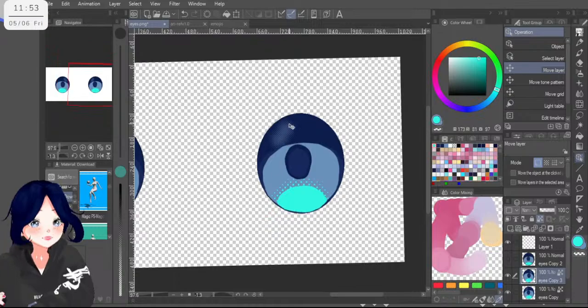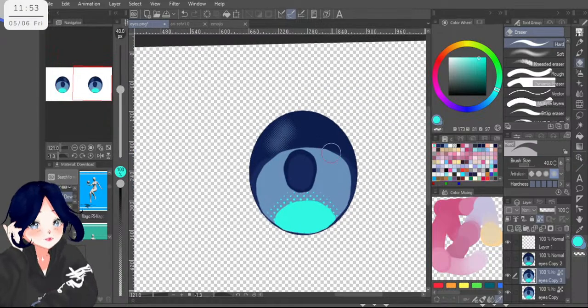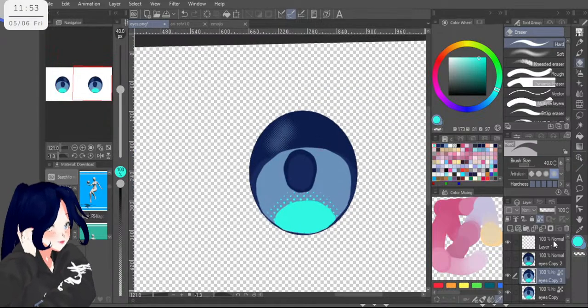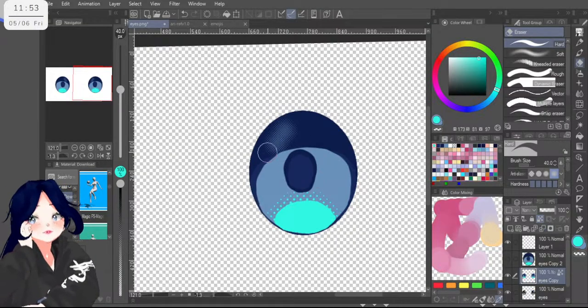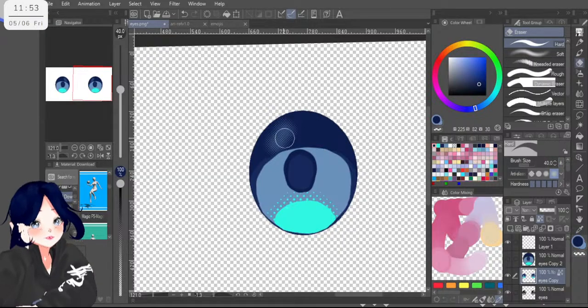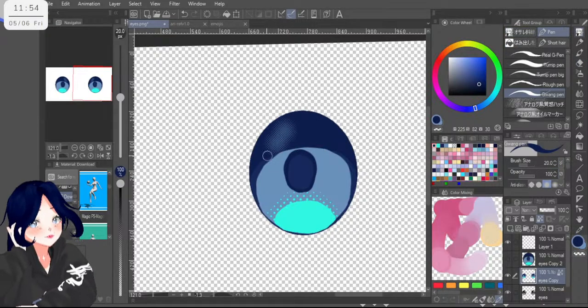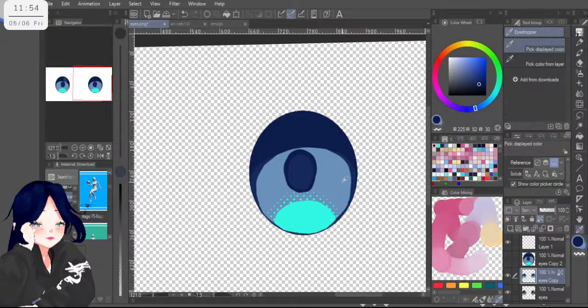Now I think here. Oh wait, right. Let me merge those two together. It is alpha locked. And let's paint over this, just like I think we had done previously on the right. Let's do it again. And here too.